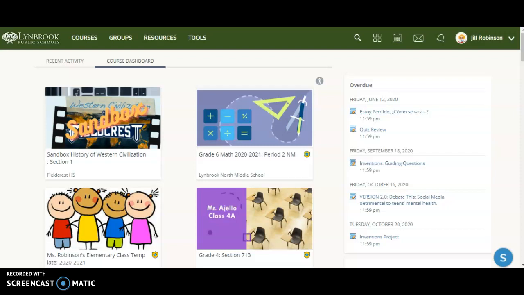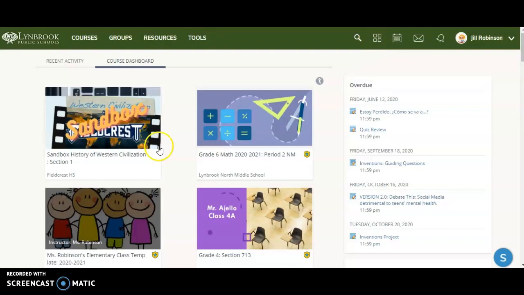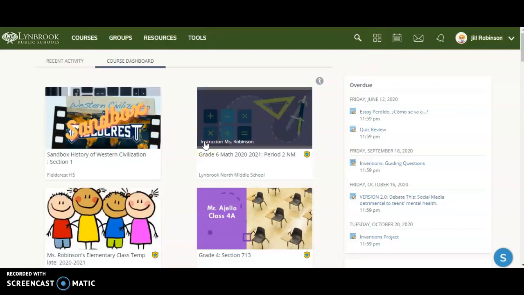Once you've successfully logged into Schoology, you will be presented with a page that looks similar to this. This is the landing page of Schoology. You will have a top toolbar over here which has a variety of different tools. And in this side panel over here, you will be on the course dashboard, which will list any courses that